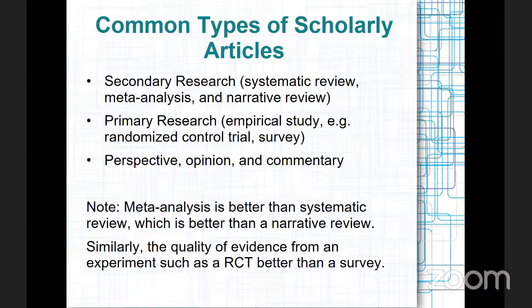So I know that. Earlier, somebody brought up a question about the replication of research. What I have on the screen right now is not the only types of scholarly articles, but these are 3 common types. There's secondary research, primary research, and let's just call them opinion pieces, so we don't have to think really hard. Opinion pieces would be the lowest quality type of research article. In this particular module, we'll be teaching how to do empirical studies. Another term for empirical studies is primary research.